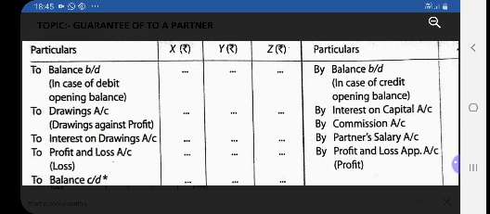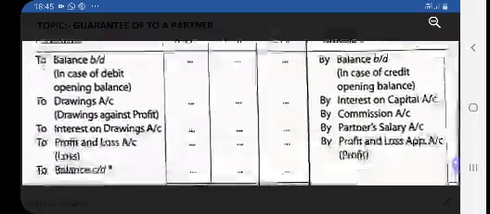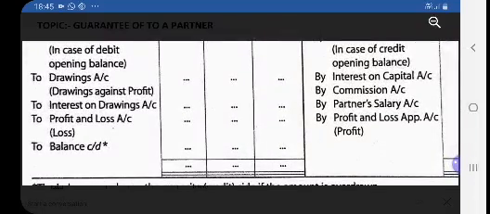And whatever balance comes, balance c/d, that is the balancing figure. If the credit side is more than the debit side, the balance is denoted. You know well about this. This is a closing balance. This c/d may come on the credit side also. As I already discussed, current account may have a debit balance or a credit balance. If c/d comes on the credit side, then it will be transferred to the liability side of the balance sheet. And if c/d comes on the debit side, then this will be transferred to the asset side of the balance sheet, whatever the case may be.